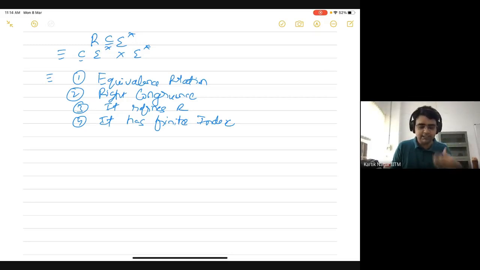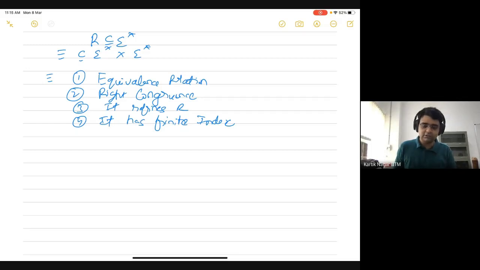Remember that in the last lecture, we derived this relation from a DFA. But in this instance, we are not even assuming that R is a regular language. Therefore, we are not considering any DFAs. We are just saying that this is some arbitrary relation on sigma star cross sigma star such that it satisfies these four properties. Then this relation is called a Myhill-Nerode relation for R. And from this relation, you can do the reverse operation: you can obtain a DFA which recognizes the language R, a DFA whose language is going to be exactly R.